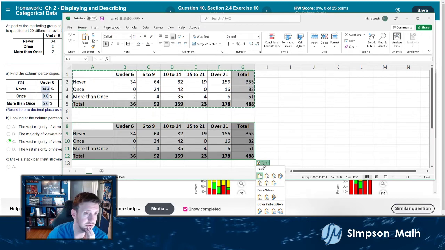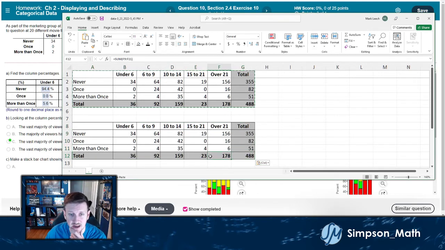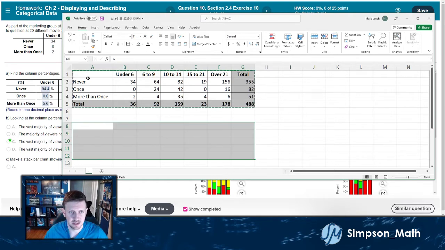Let's do, if we want the column percentages, let me just show you what I'm thinking. Right now if I press paste, they're pasting in as the formulas, which is fine. But in a minute, I'm going to delete out this stuff. So one option is to, let me copy this again,